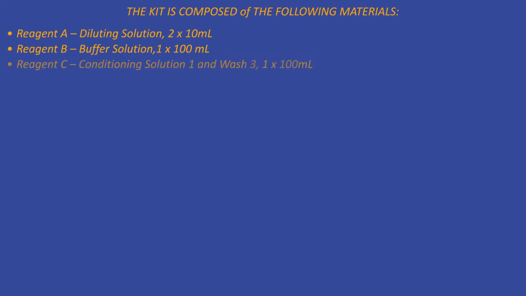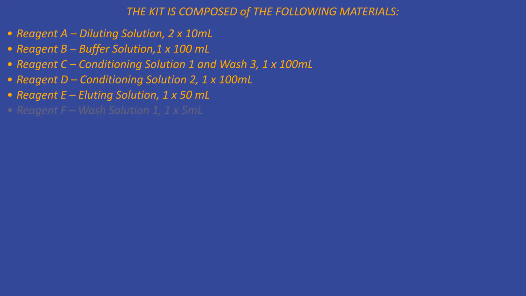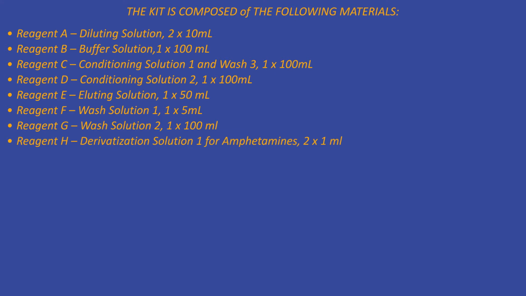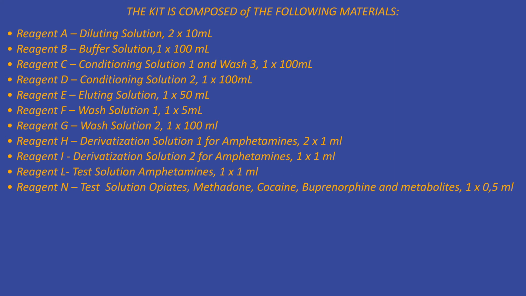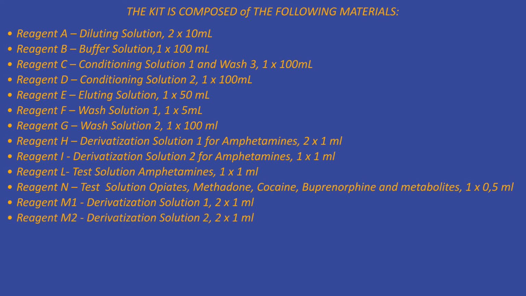The kit is composed of the following materials: reagent A, dilution solution; reagent B, buffer solution; reagent C, conditioning solution 1 and wash-free; reagent D, conditioning solution 2; reagent E, eluting solution; reagent F, wash solution 1; reagent G, wash solution 2; reagent H, derivatization solution 1 for amphetamines; reagent I, derivatization solution 2 for amphetamines; reagent L, test solution amphetamines; reagent N, test solution opiates, methadone, cocaine, buprenorphine and metabolites; reagent M1, derivatization solution 1; reagent M2, derivatization solution